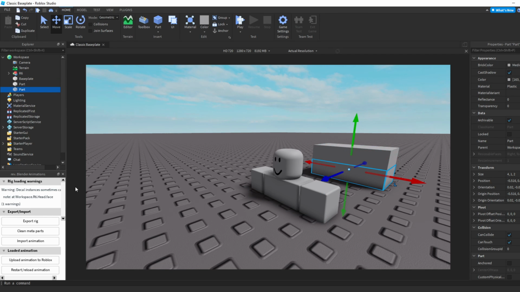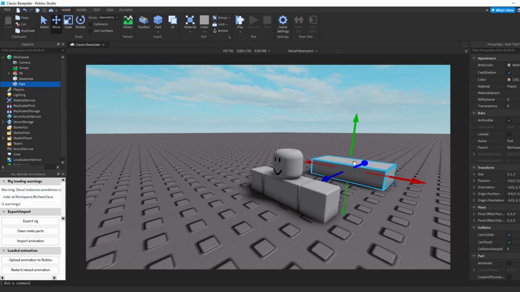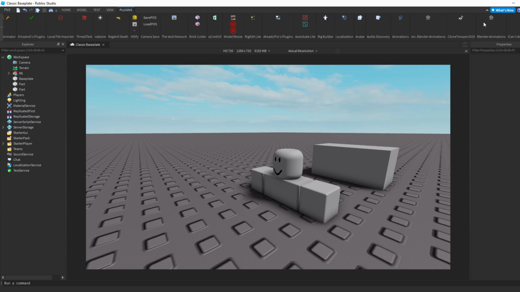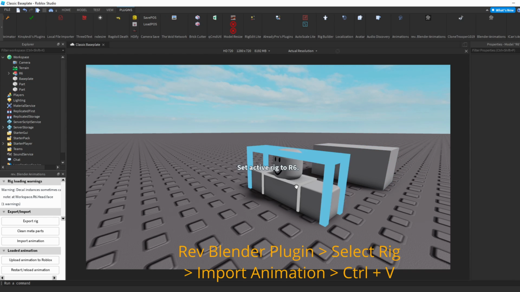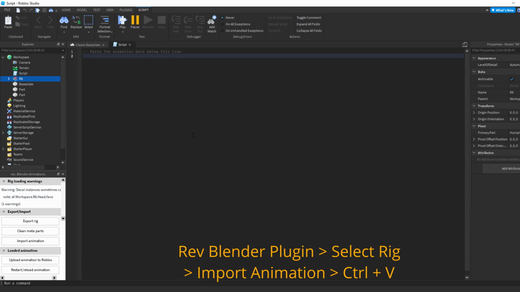once you open up the plugin, it's gonna run the game. I'm actually gonna demonstrate this. So let's say we have a bunch of bricks here. So make sure to anchor everything. So once you've anchored everything and made sure your rigs don't fall apart like mine did, click on import animation,